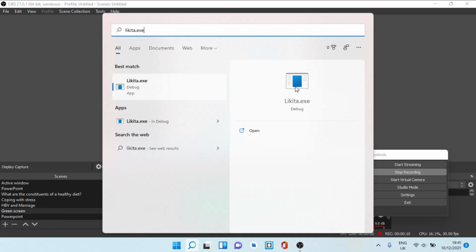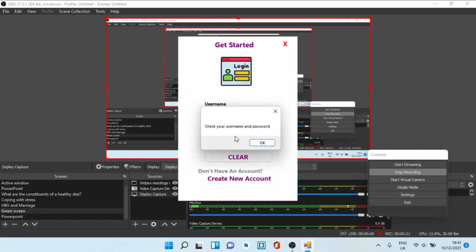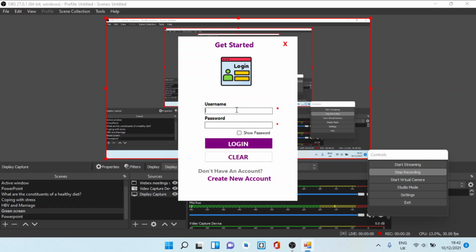Device I call Likita. Here is the login to the app. If you attempt to log in when you're not registered, it would say check your username and password. Then you can also try to log in, and if you have a problem and forget it, for example, you can clear that. You can also show evidence, or if you're not sure about the password you're typing, you can actually press that show password and it will